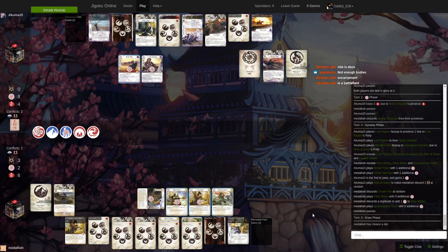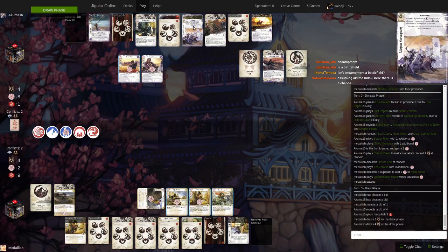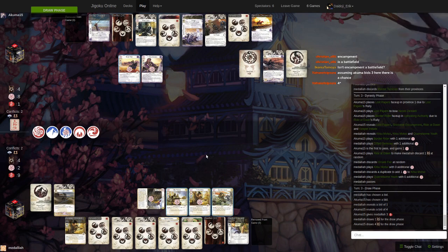Let's see what the bids are. Would you just go 5, maybe? If you're a Lion? No, it goes for 1 now. 1 against 4. So Akuma goes down to 1. Isn't Encampment a battlefield? Oh yeah, you're right. It is. So he can play Logistics. He also potentially could move it if he's breaking something to try to discard it, but